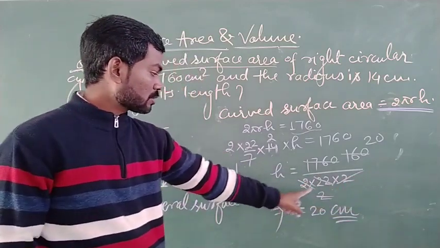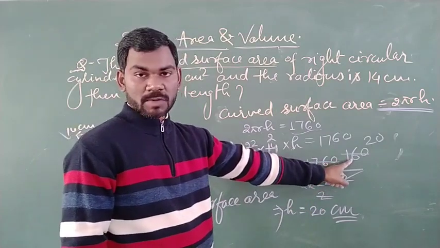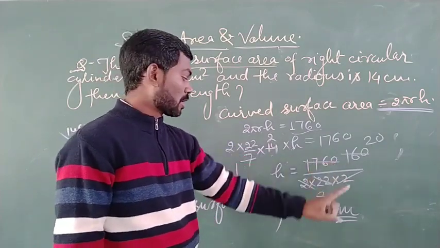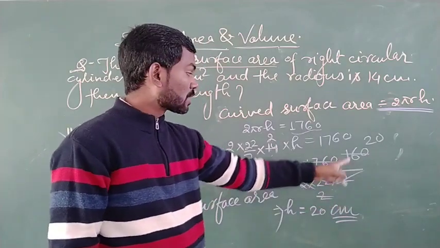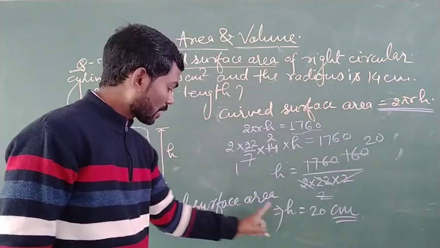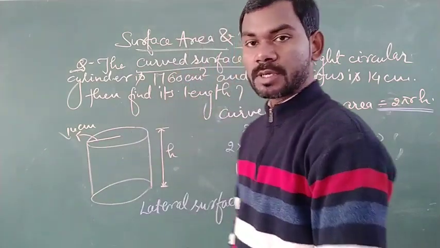After the calculation, 11 to the 22 and 16 into 11 is 1760. Again 2 to the 4 and 4 to the 8. So 8 will divide 160 and we get 20. Therefore the value of h is equal to 20 and I hope the solution is clear.